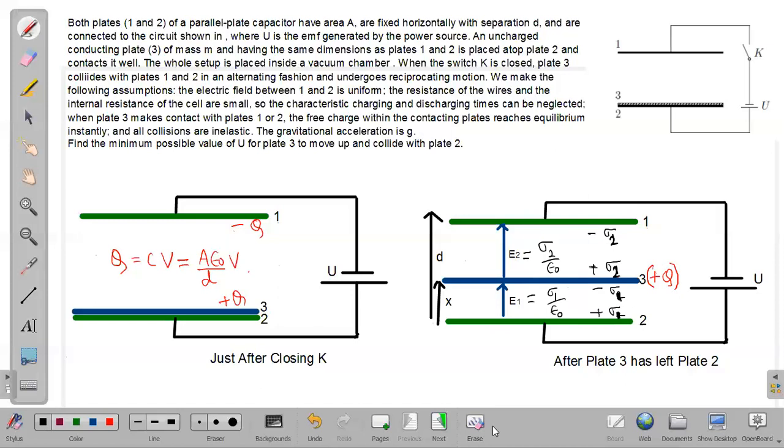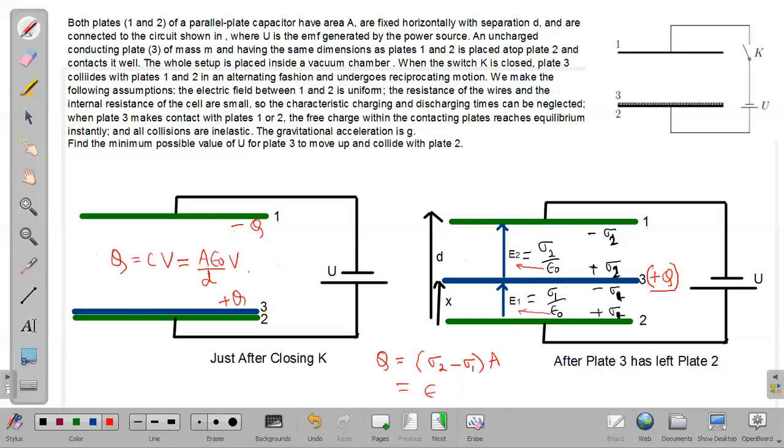So you can write down these electric fields E1 and E2. And in terms of E1 and E2, you can find out the value of sigma 2 and the value of sigma 1. And from conservation of charge, notice that the total charge on plate number 3 is plus Q. So plus Q, which is the total charge on plate 3, has to be the density of charge on the top side, which is sigma 2, and the density of charge on the bottom side, minus sigma 1, multiplied by area A. And we can replace sigma 1 and sigma 2 in terms of the electric fields. So sigma 2 can be written as epsilon 0 multiplied by E2, and sigma 1 can be written as epsilon 0 multiplied by E1.